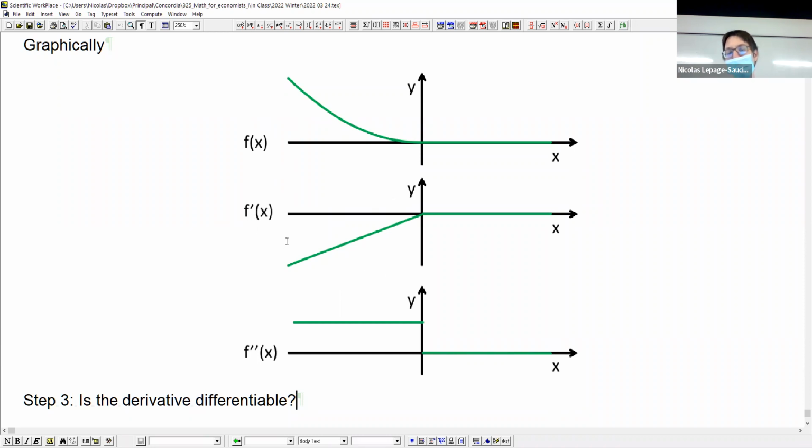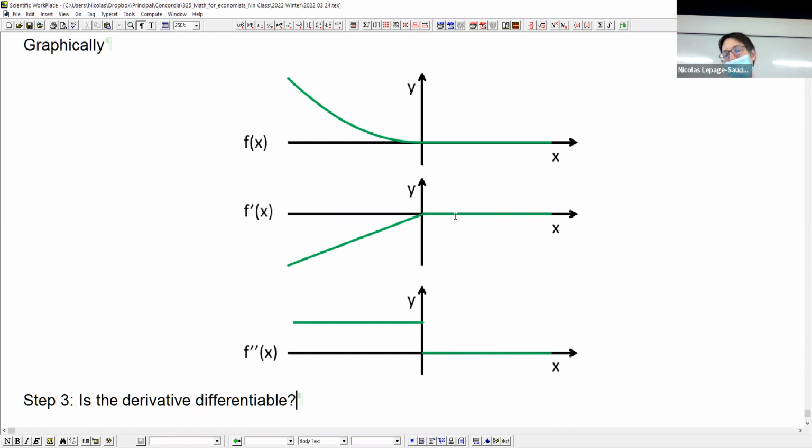And for it to be differentiable, it must be the case that if I take the limit of the derivative from this side, I get the same limit as taking the derivative when delta x comes from this side, right? Here, if I take the derivative, I get something that's positive. Here, if I take the derivative, I get something that is 0. So it's not going to be